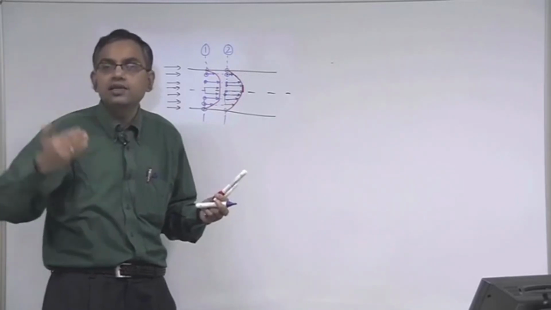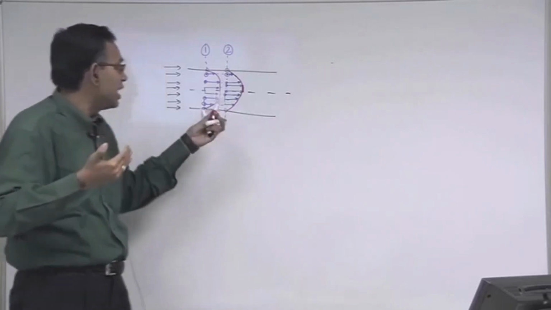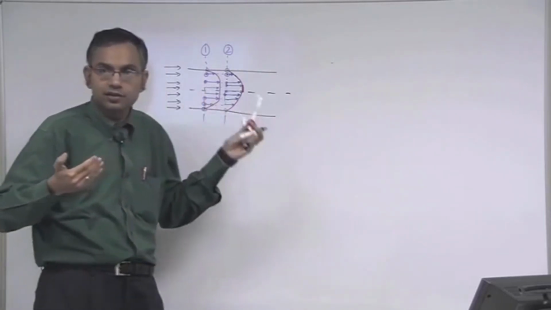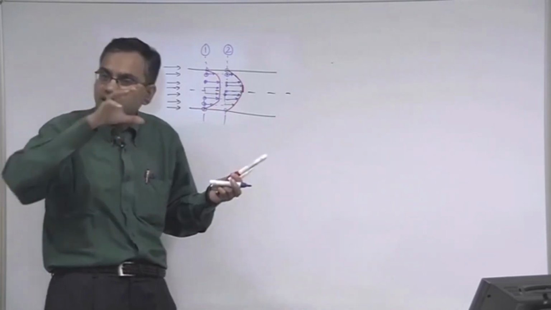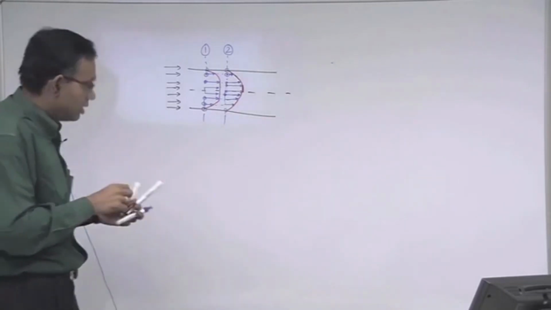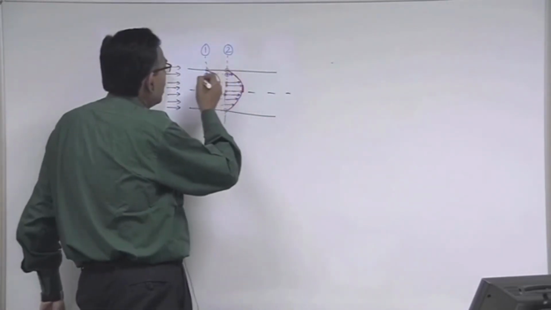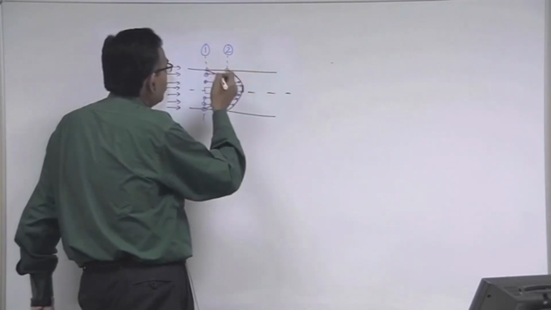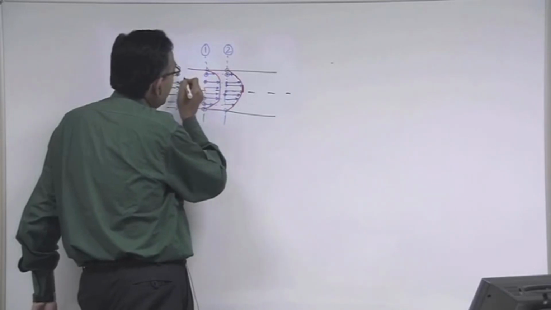So, the inner region is called the boundary layer and the outer region in this case is called the core region. It is not free stream because it is still a bounded flow, but it is called a core region. So, if you now make a sketch of the demarcating boundary of the two regions, let us say